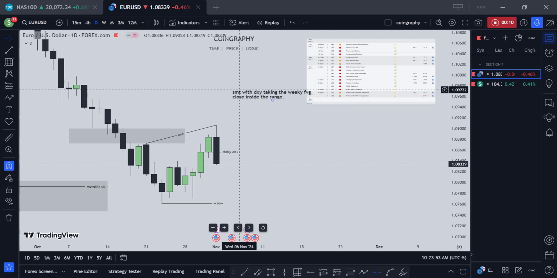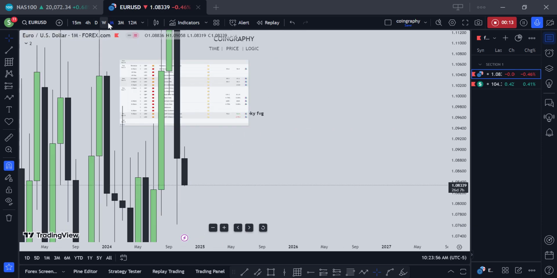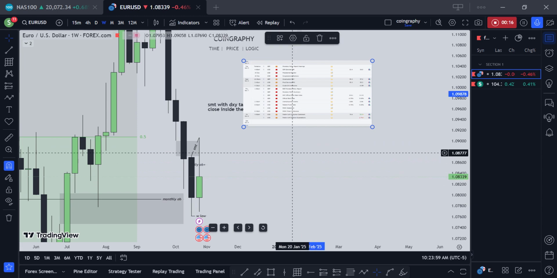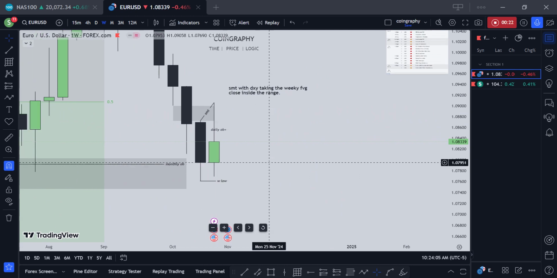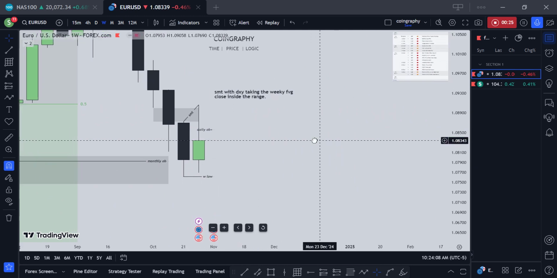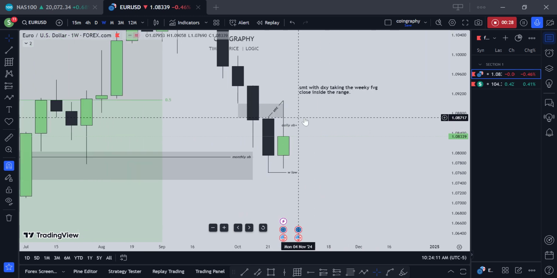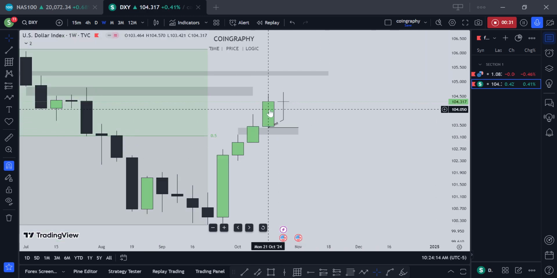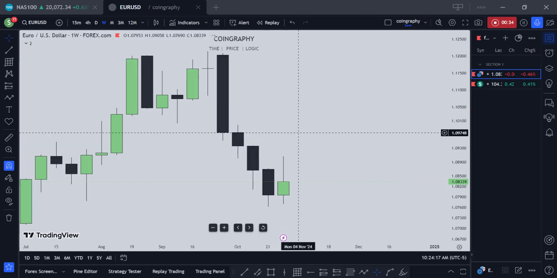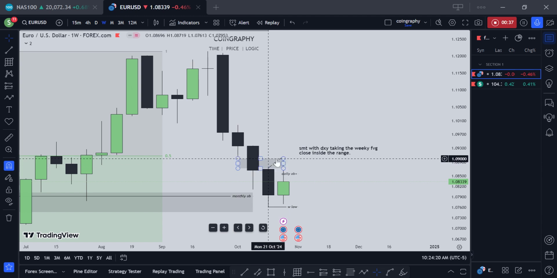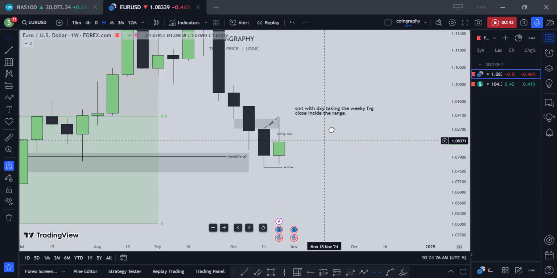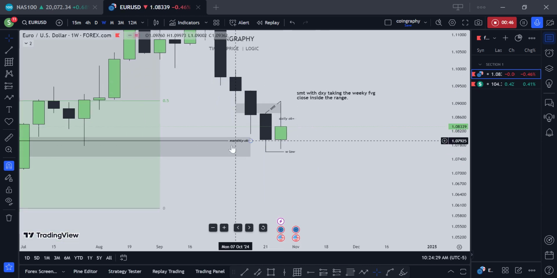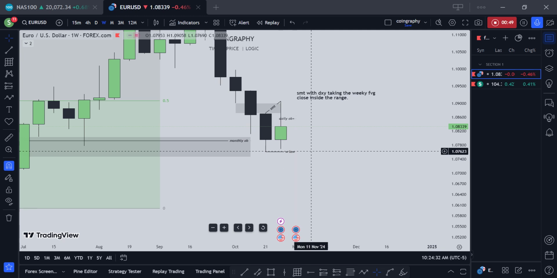So let's dive straight into it. Looking at the weekly time frame on EU, we have price close back into the range, and we also formed an SMT with DXY, in the sense that DXY did not take the weekly low while EU took the weekly low, which is our short-term drawn liquidity from my previous videos. Seeing this, we know that price is going to come down to take this weekly low to complete the CLT, to complete the long-term drawn liquidity.